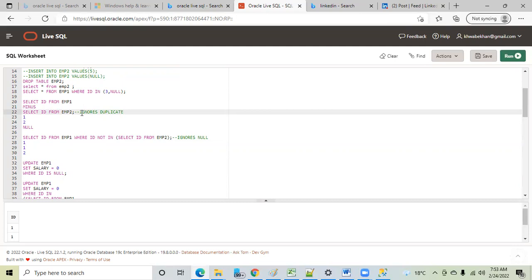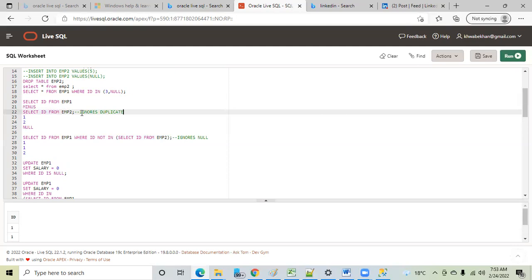So these were very simple concepts, but I believe, I'm not sure whether all of you know this or not, but these were very confusing concepts. Don't think that MINUS and NOT IN will both do the same task. No. Similarly, JOIN and INTERSECT, I've shown you the difference there as well.